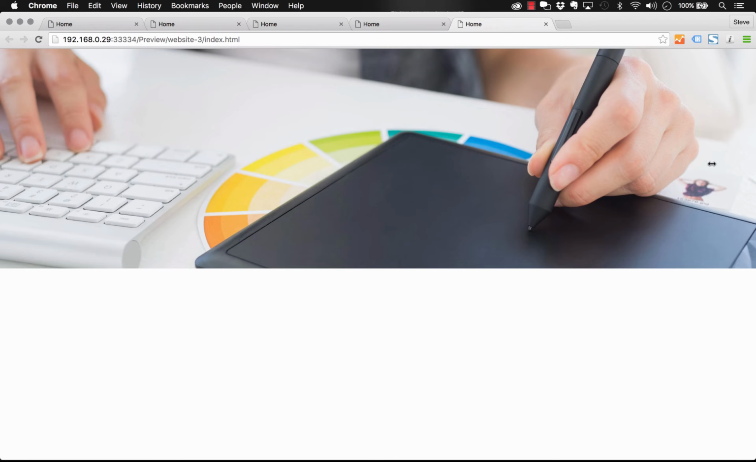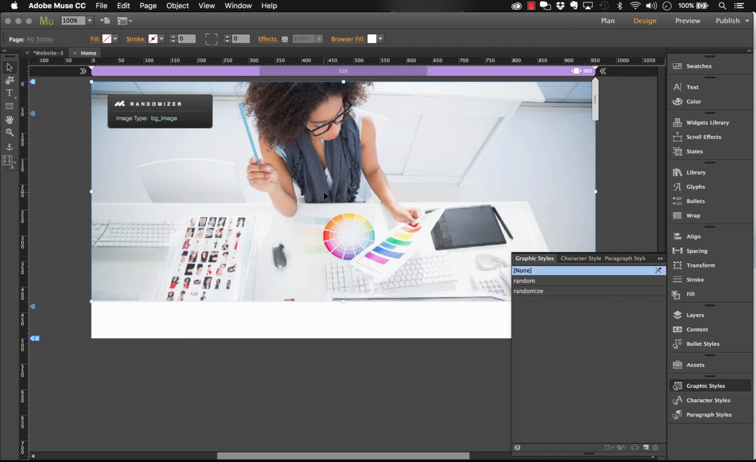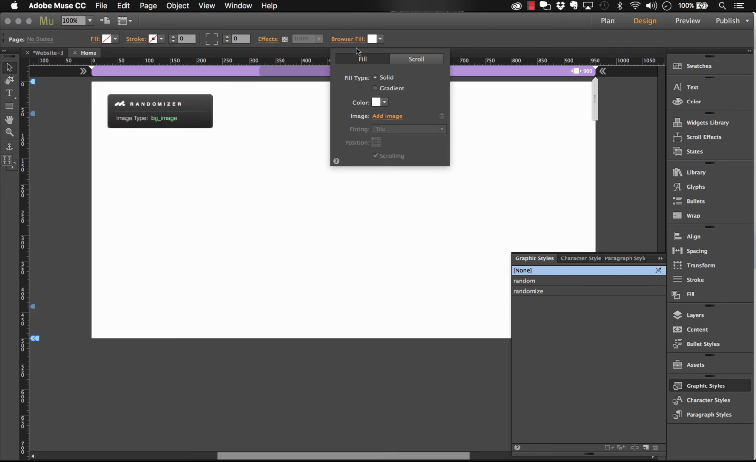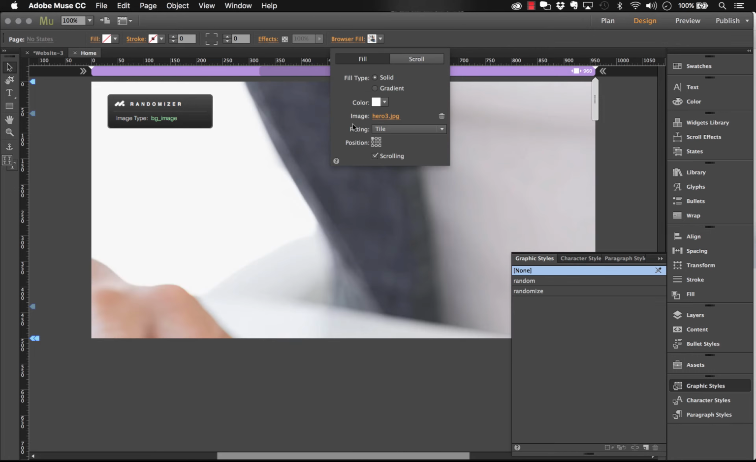So we've got a full width hero image. You can see it's scaling to the browser width. And when I reload the page, you can see that it's randomly displaying different images. So the last option that you have in here, and I'll delete that out, is we could set a full browser fill image. So if I change the browser fill and I add one of those images,